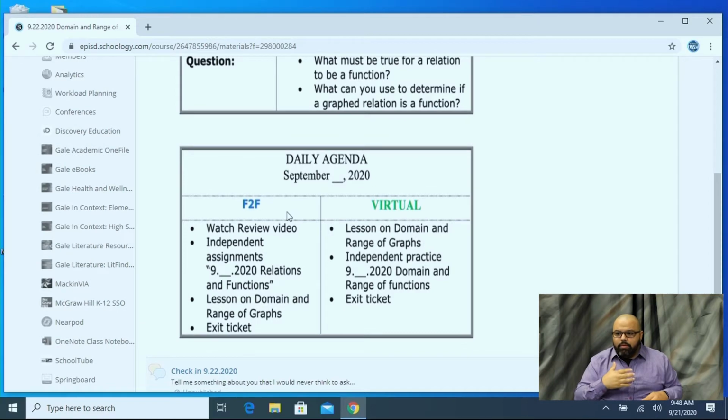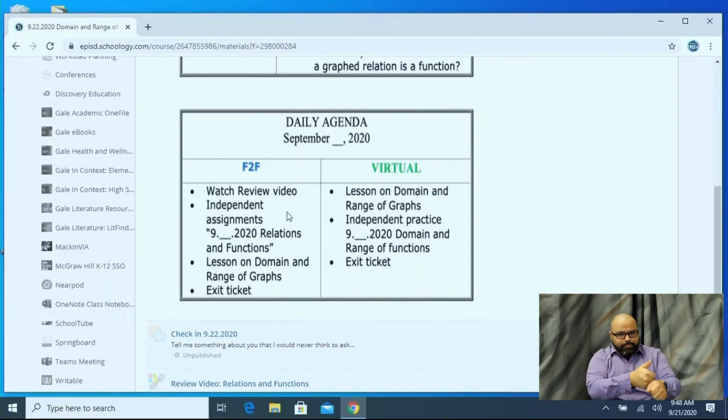As I said, the alternating approach is having students kind of flip around. So you're going to work with one group first, and then you're going to flip and work with the other group. You want to make sure that both groups know, whether you're there with them or not, what they're supposed to be doing. My face-to-face students are the second group that I work with in this case.